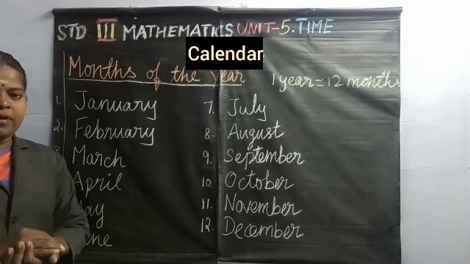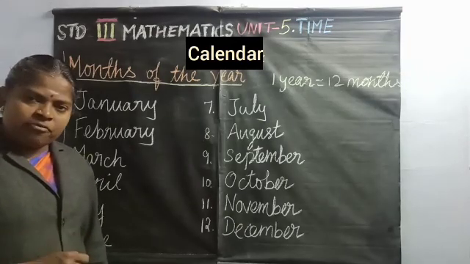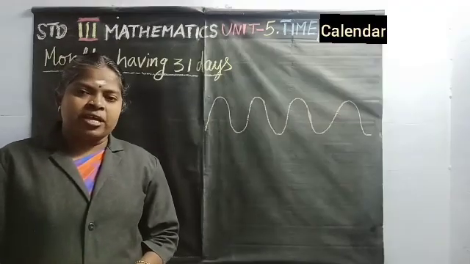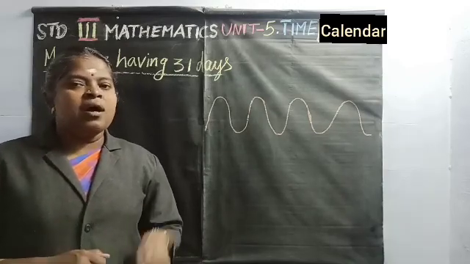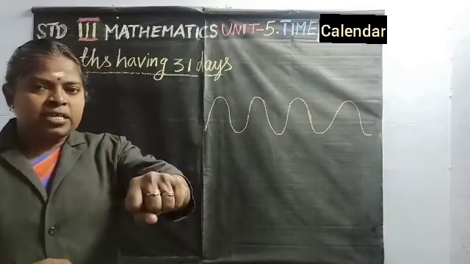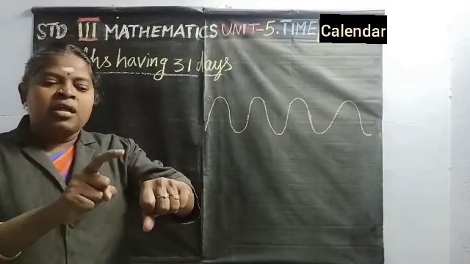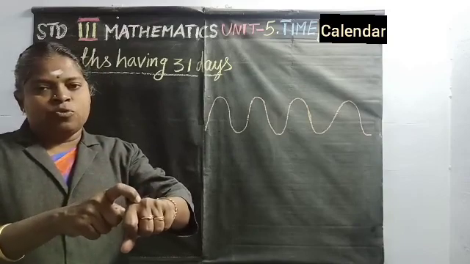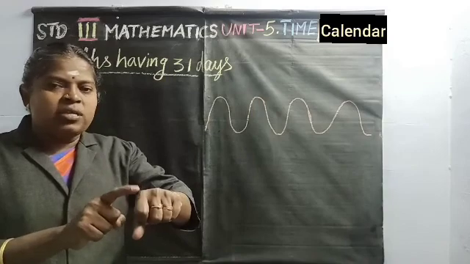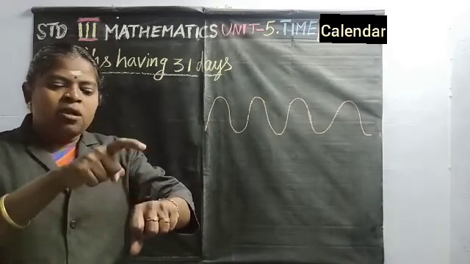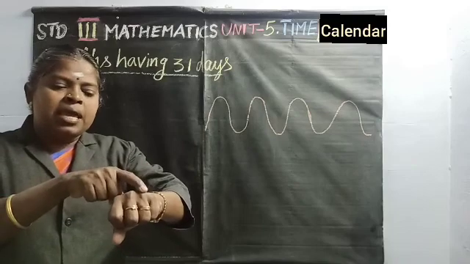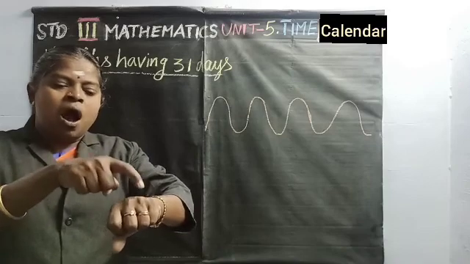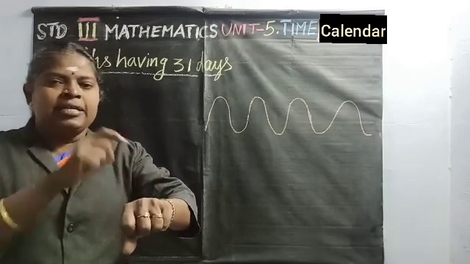So this we know very well. Now we can learn number of days in each month using our hand. Close your hand like this and you have to consider knuckle pot has 31 days. Group pot has 30 days. First one January, February, March, April, May, June, July. Again repeat August, September, October, November and December.